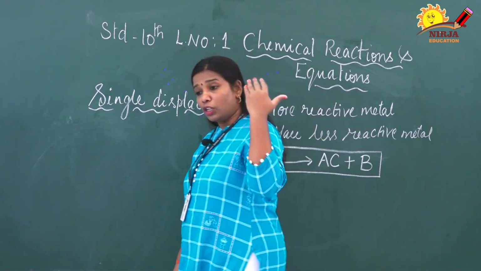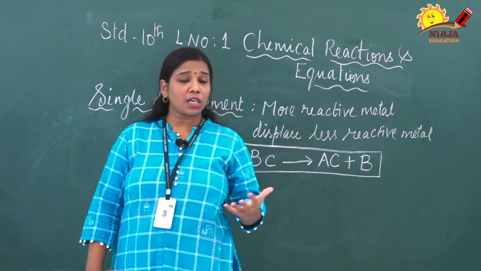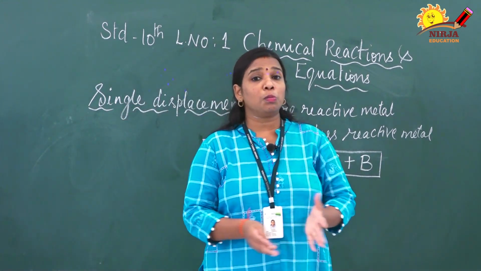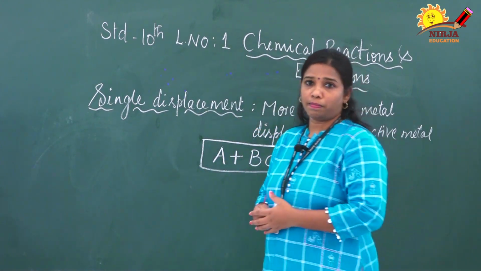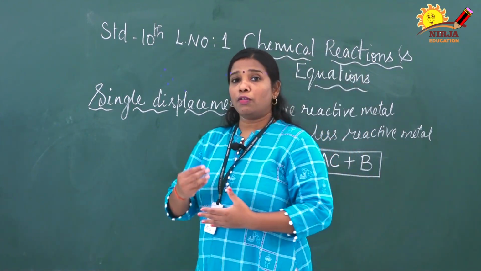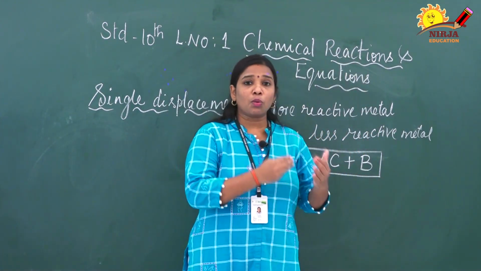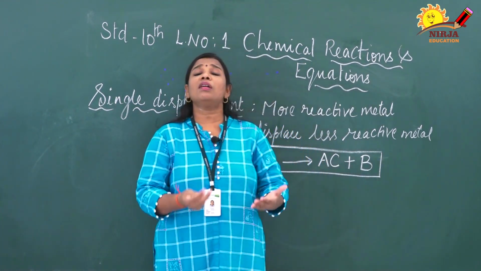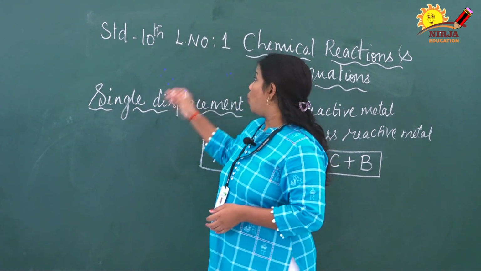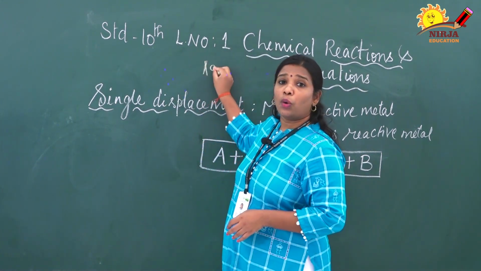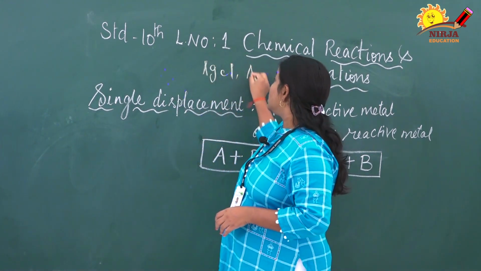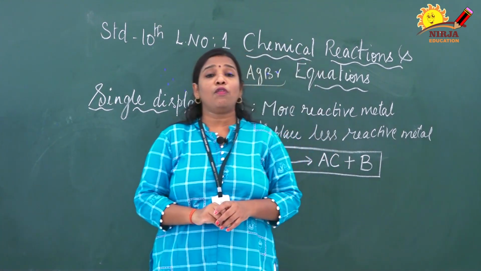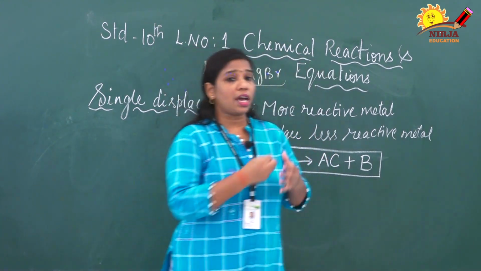In the previous video, I discussed the photochemical reaction with the help of sunlight or light. The chemical substance breaks itself and separates. That process is called a photochemical reaction. It is one type of decomposition reaction. What are the chemicals involved? One is silver chloride, another one is silver bromide. These are the two substances involved in the photochemical reaction.